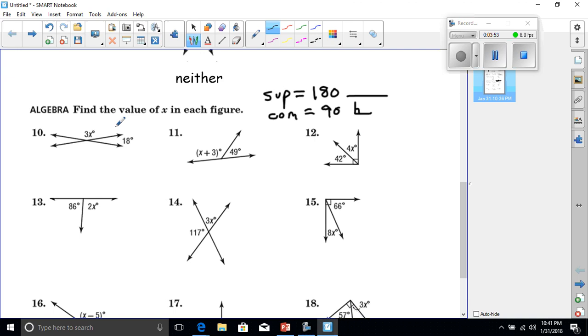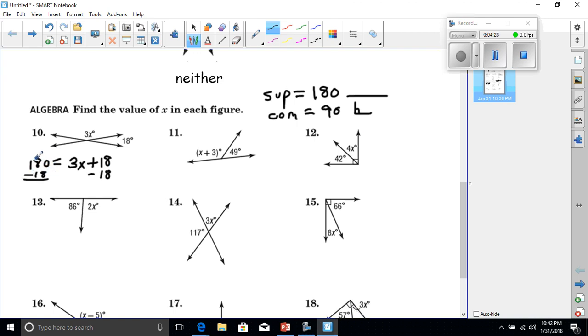So let's check this out. First of all, I've got 3x and 18. How can I find out what this is? Well, I have to remember that they are on one line, and that is a supplementary angle. These two are supplementary, which means both of them will equal 180. So I can say 180 is going to be equal to 3x plus 18. I have to subtract 18 from this side, which means I'll subtract 18 from this side,